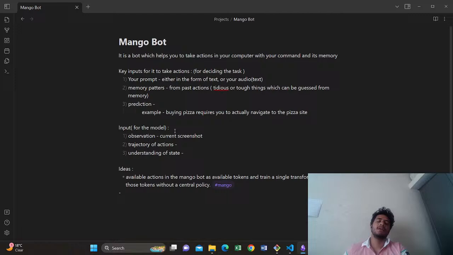So what is this? Let's say you're playing table tennis, right? Now, if I give you screenshots of someone playing table tennis, how would you know whether the player who has a bat like this,